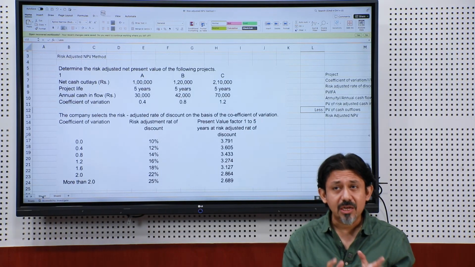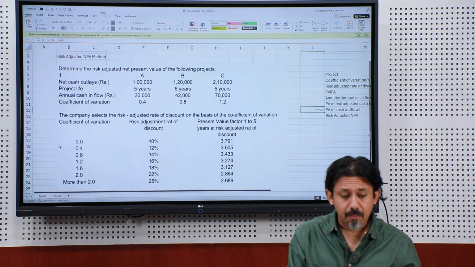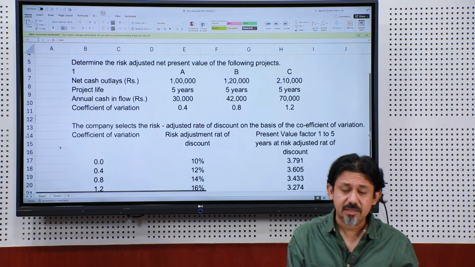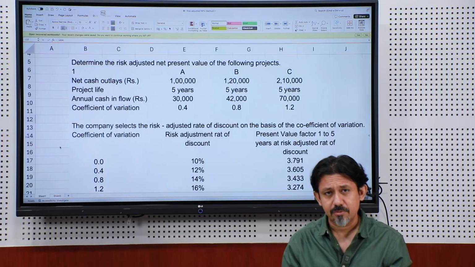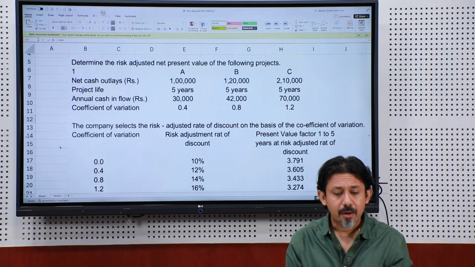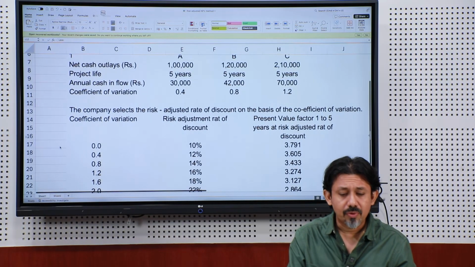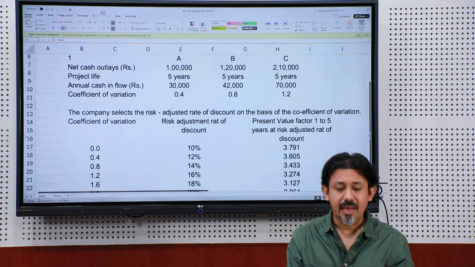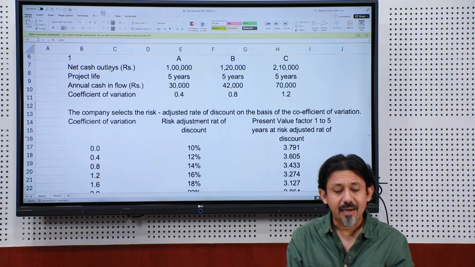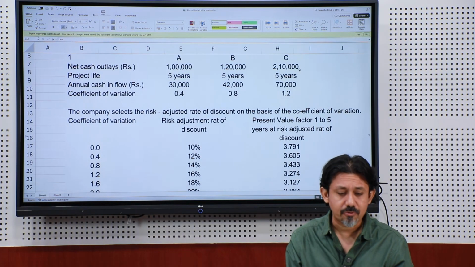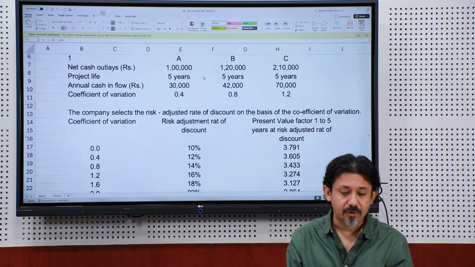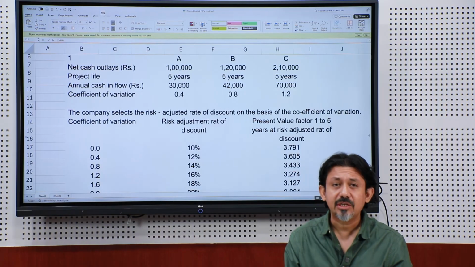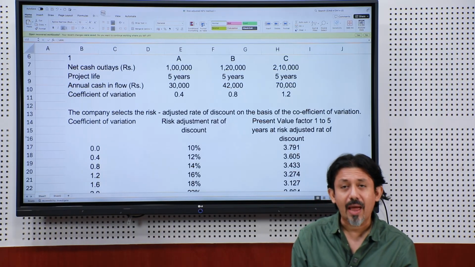Now, we know the traditional NPV method, but what do we mean by the risk adjusted NPV method? Let me read the case and explain this method to you all. You are told that 3 projects are available, A, B and C. The net cash outflows are given to you 1 lakh, 120 and 2 lakh 10,000. Project life for all the 3 projects is 5 years, and annual cash inflow is given as 30, 42 and